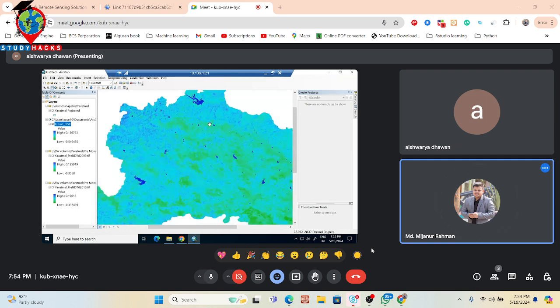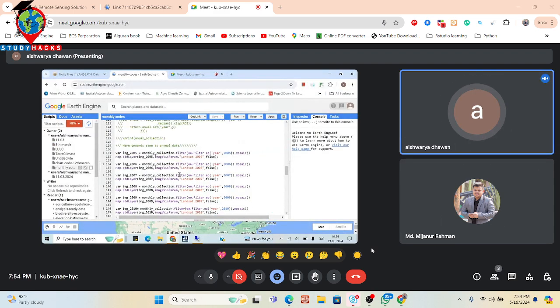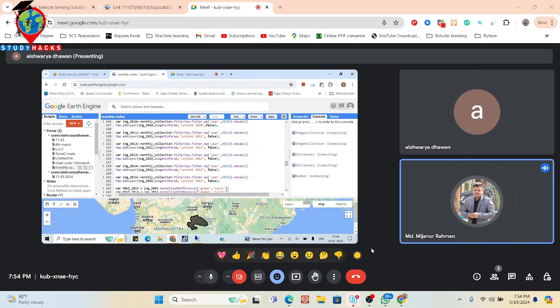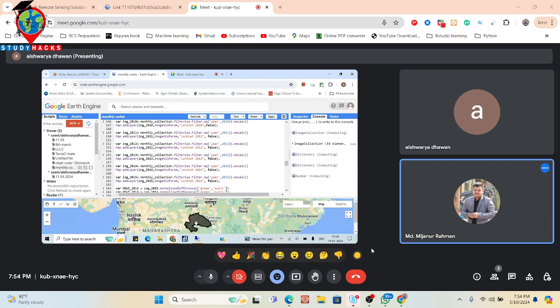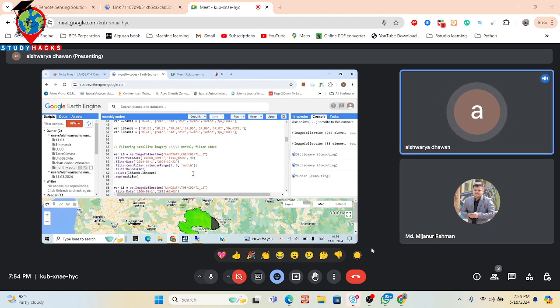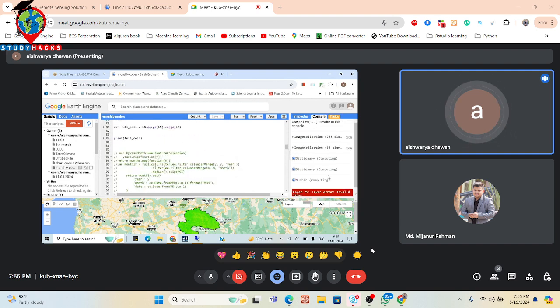Okay, so now visualize the 2009 image on Google Earth Engine. Yes sir, here it is. Just run the code and then check what happened for 2009. Does it show the scan line or not? Yes sir, here I could not see it, but when I took this image to ArcGIS, there I could find that. Here maybe I can change the visualization of this layer.